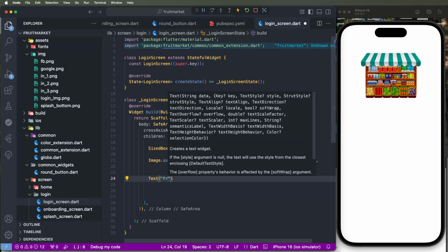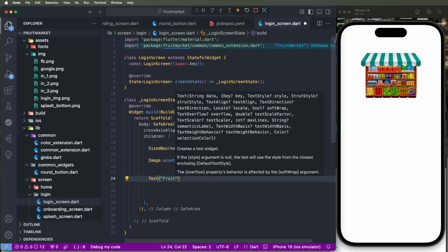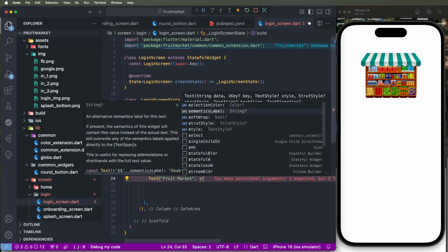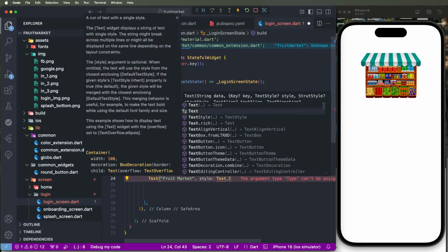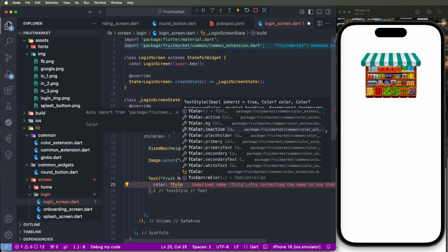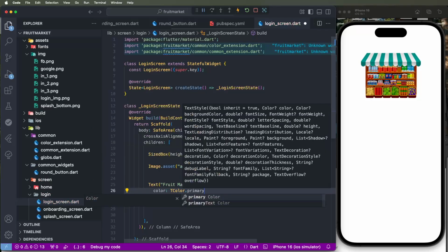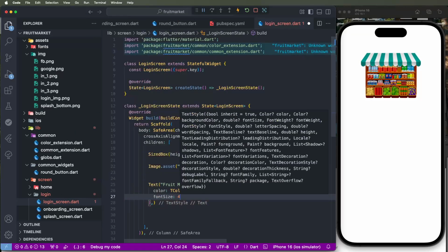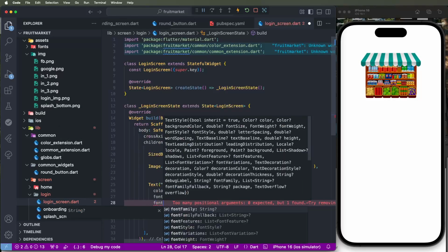We need to set here the title. Set the style, the text styles. We need to set the color, the primary color for the titles. Then after, we need to set the font size, 45, and the font weight we need to set